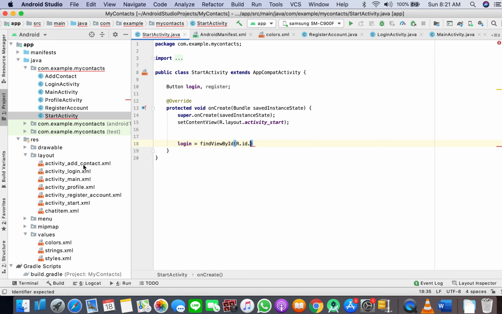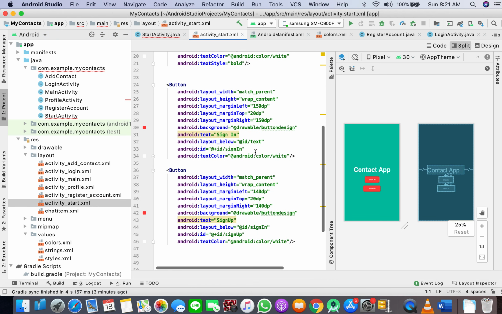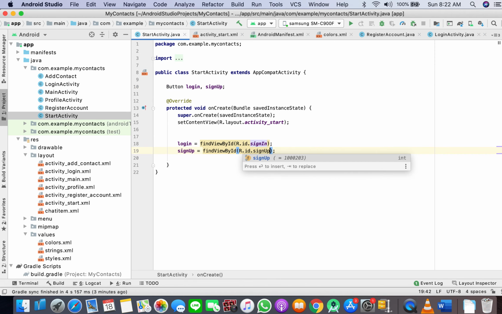What was the button name? We'll go to activity start. The button name here is sign in and sign up. Okay, so we'll cast it accordingly. Okay, and we will apply